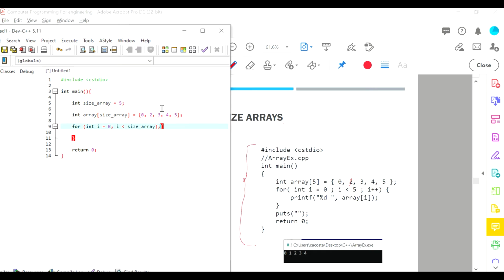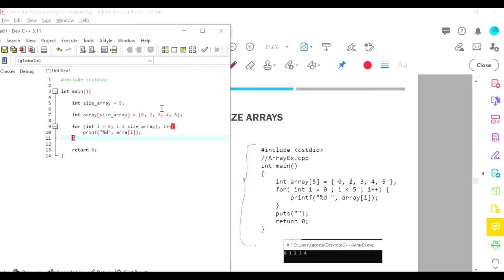And then semicolon, we're going to say i++, and then we should be able to print our information now. So we just want to print each number within the array, so print %d because it's an int, and then array and position i. Positions are with straight brackets. Enter,